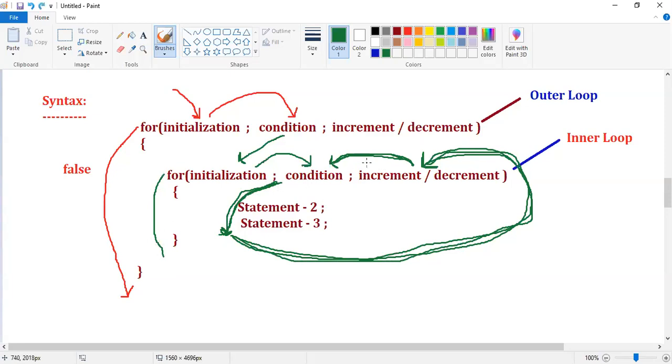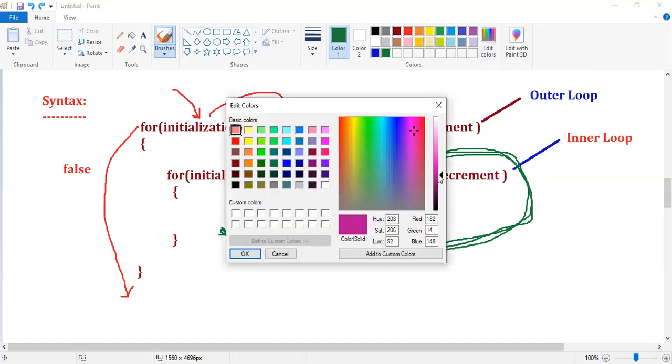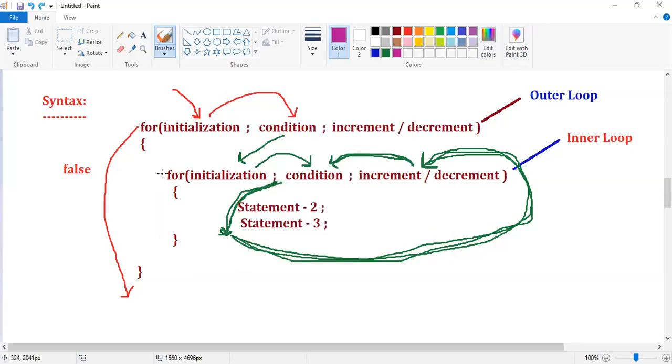Guys, observe. When our condition is false, control comes outside of the inner for loop. Once the inner for loop is false, control goes to where?